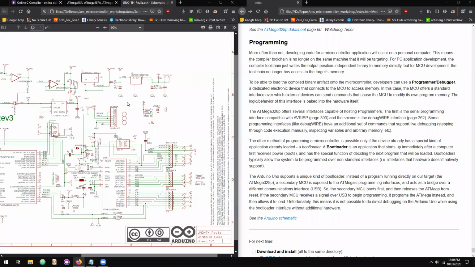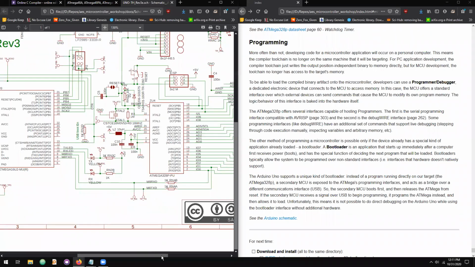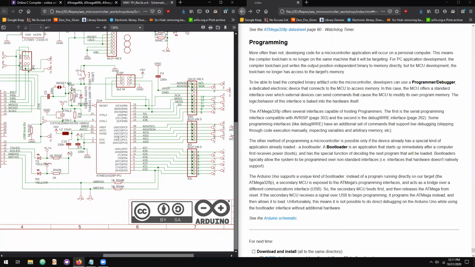The last option that we have for getting code loaded onto our microcontroller is by using a bootloader method. A bootloader is a series of machine instructions, a specific application that comes preloaded on your microcontroller. That application is a program that'll start immediately on boot, hence the name, and it allows you to use non-hardware supported interfaces. So for instance, for the ATmega 328P on the Arduino, if I loaded a custom bootloader on there,